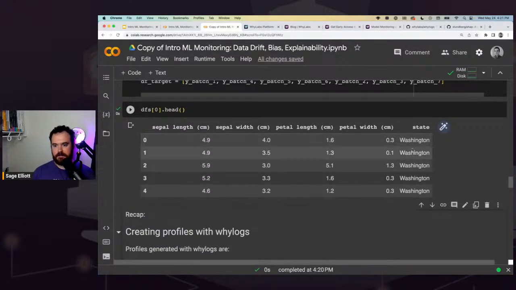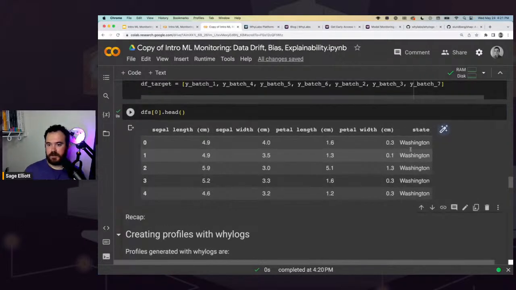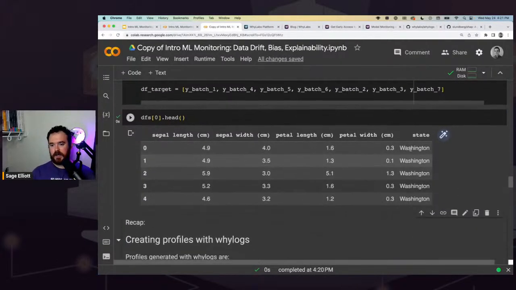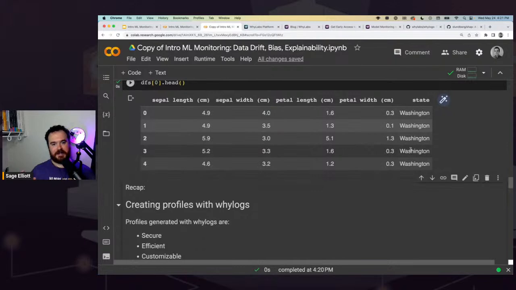And there's one key big thing here: we now have the location for where each of these flowers was grown. So we have a state that they were grown in. There's Washington, Florida, and Missouri, I believe. So this is what we're going to use to segment and see if our model is biased towards any of these groups of data. In this case, it's a good showcase of a toy model using the iris data set, with a state of where these flowers were grown.